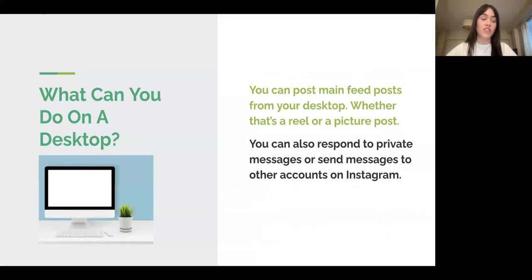Pretty much everything else, such as adding things to a story and building your profile, you want to do on a smartphone. Another thing you can do on your desktop is respond to DMs that come in through Instagram. If that's something you want to do, have a tab open throughout the day to see if you get any notifications from your desktop on Instagram, you can do that. But really, you're going to have a better experience using a smartphone.